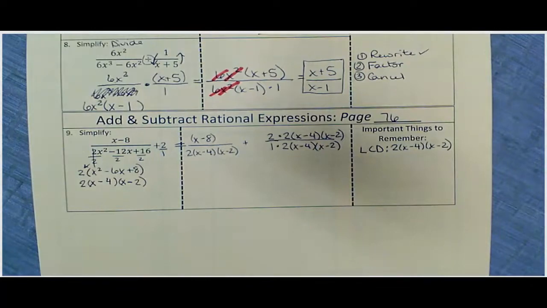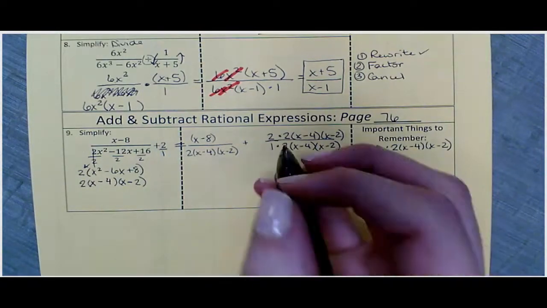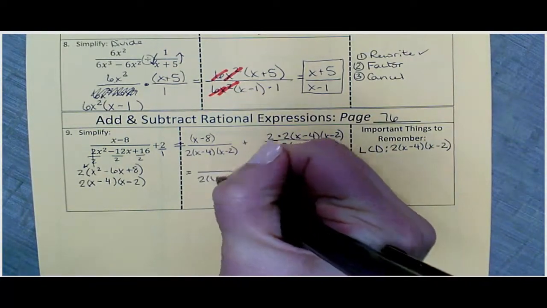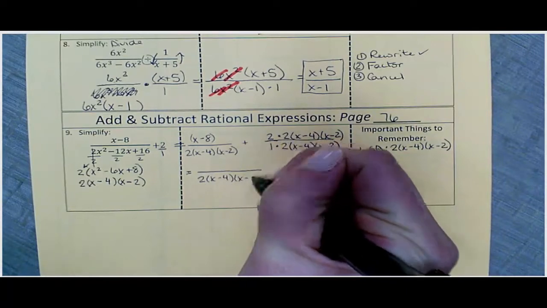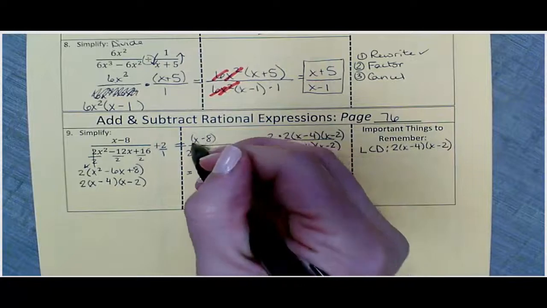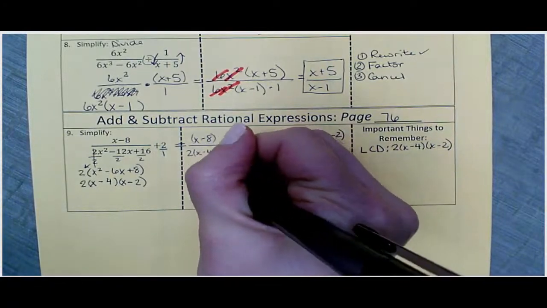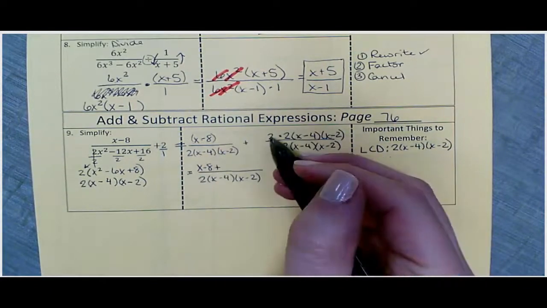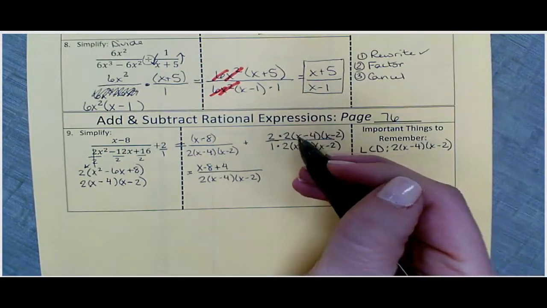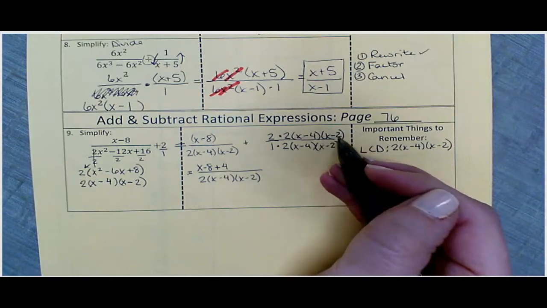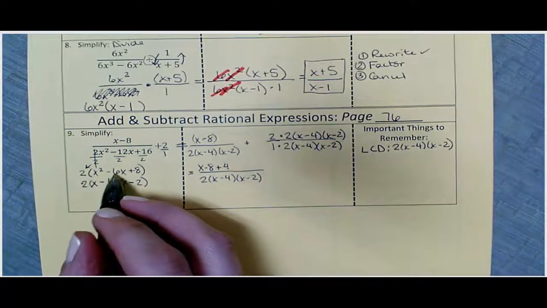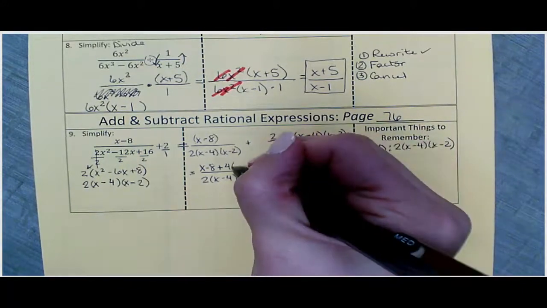So now I'm allowed to combine these as one single fraction with the denominator that's the least common denominator, the LCD. But I need to add the numerators. So I've got x minus 8 plus 2 times 2 is 4 times x minus 4 times x minus 2, which actually we knew x minus 4 and x minus 2 together multiplied to give us this. So I'm going to go ahead and rewrite that,